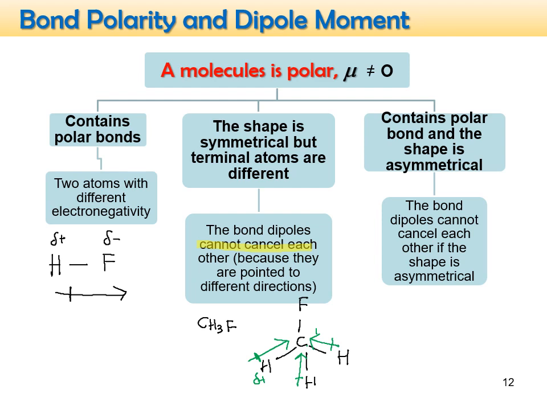For the green one, if we compare, partially negative, partially positive. When we compare the bond between carbon and fluorine, fluorine is partially negative and this carbon will become